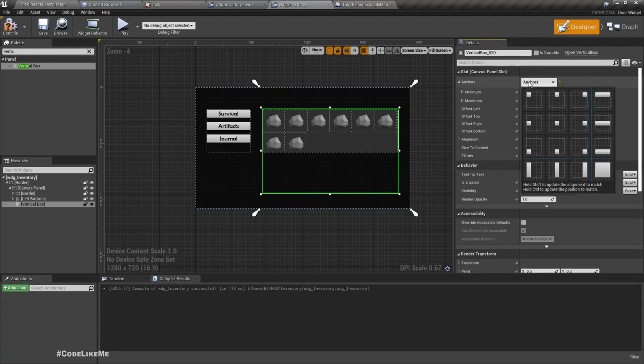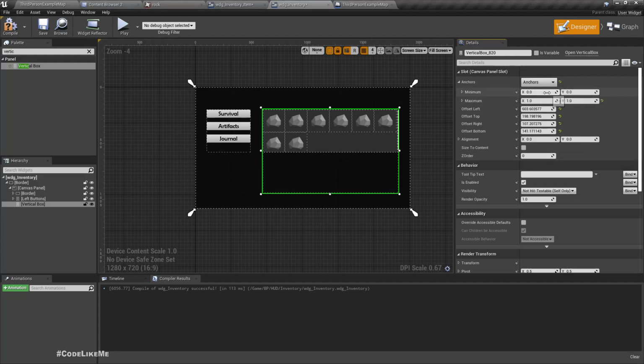Let's set the anchors like this to this 1.3, y 1.3. 1, no, 0.2, x max 0.7, oh no, 0.9, 0.95, okay, y 0.8,